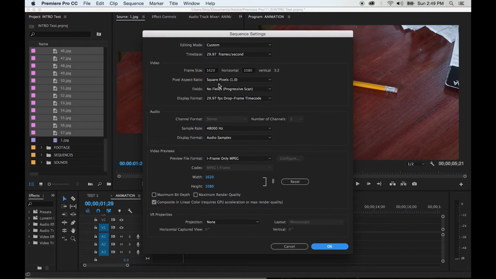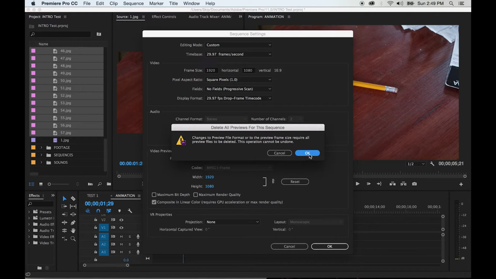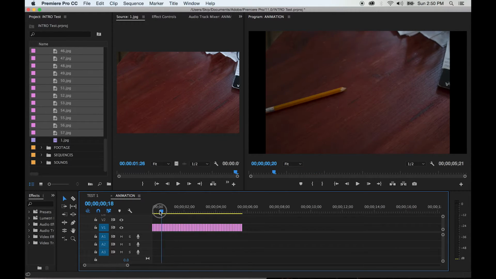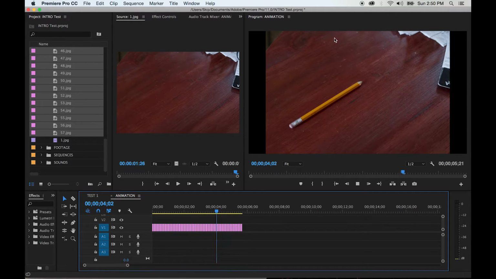Alright, so I'm going to come up to sequence settings, open it up, and you're going to see it says right here on the video, the first one up here, 1620 by 1080. I'm going to change this to 1920 by 1080. Hit OK, hit OK. What it did was it just shrunk them all down and put the black bars on either side. The black bars are not perfect, but at least you have your entire height of your still photos showing up in the frame. If you want to change that,